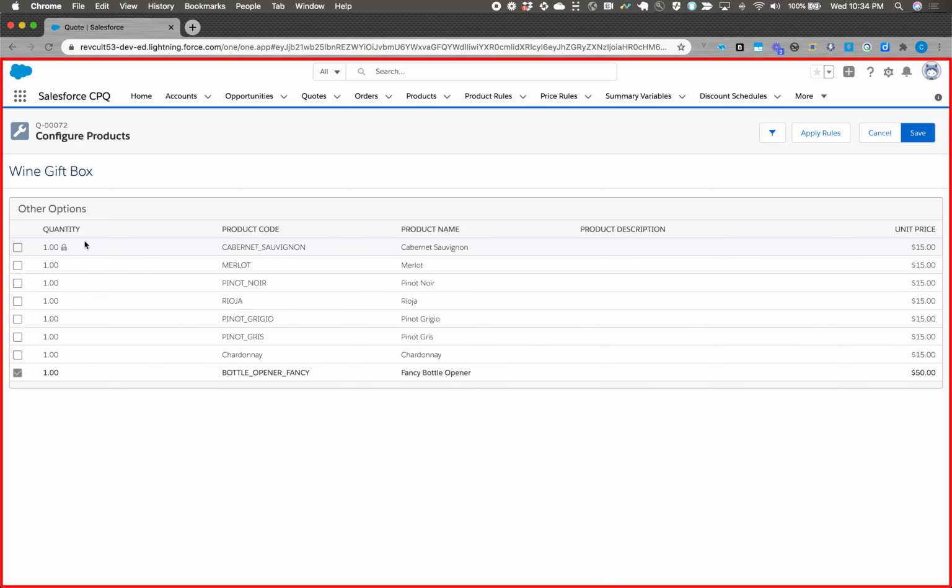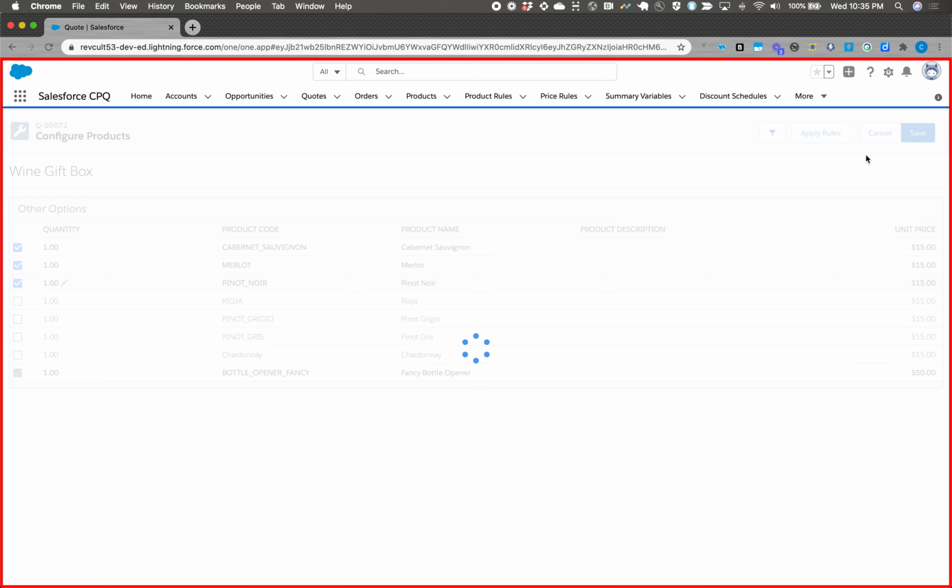Okay? This screen here is called the product configurator. Okay, this comes up a lot in the exam, and this is a very simple example because we only have about 8 options that we can add to the bundle. So this is the product configurator screen. I'll select the options,